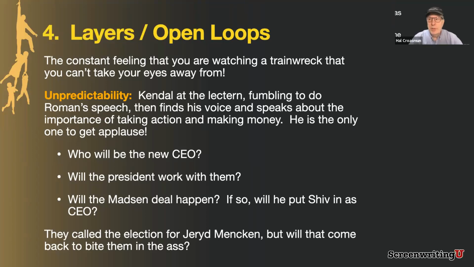Now, let me say one more thing so you know. This next episode coming out, if I'm correct, is the season finale and the actual end of Succession. They're saying that they're not going to do another season. So that means somehow they're going to bring all of this together in that episode. And we're going to get a chance to either walk out of it going, okay, now I understand, or we're going to walk out of it going, what the hell? So I can't wait to see what they do. All right, let's go on.